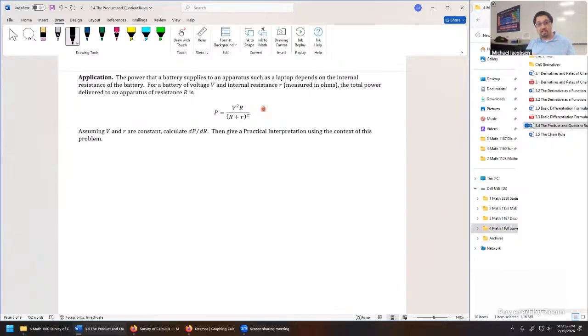We've been trying to differentiate stuff like this all along through the course as it comes up. So here's what the context looks like. It says the power that a battery supplies to an apparatus, such as a laptop, depends on the internal resistance of the battery. So that's just the overall context on what we're working in. It tells us next, for a battery of voltage V, internal resistance r in ohms, the total power delivered, let's say to your laptop,